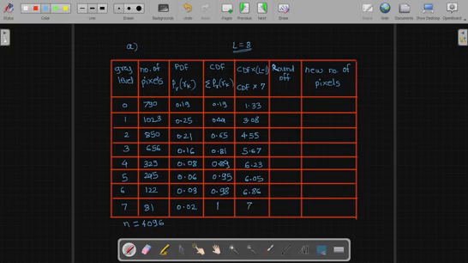So we'll round this to 1. This will be 3. This will be 5. This will be rounded up to 6. This will be 6. This will be 6. This will be 7, and this will be 7. Okay. Wait, it is 0.65, so here it will be 7.